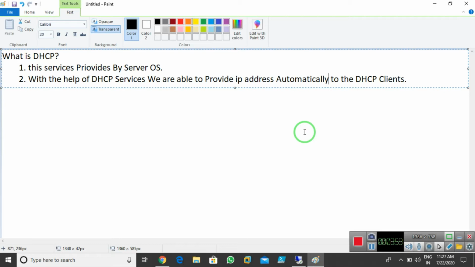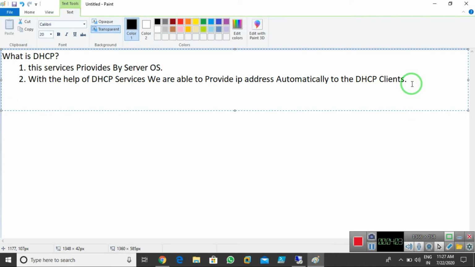Now, technically, we need to understand two things. DHCP provides TCP/IP configuration to its clients.